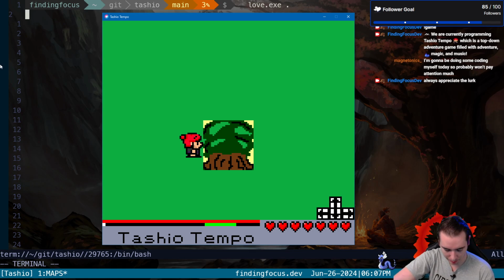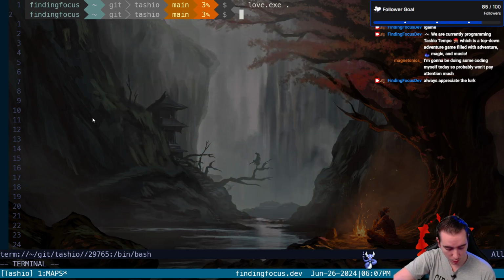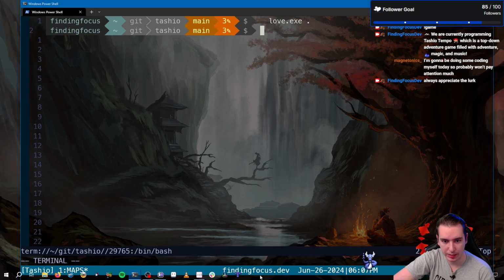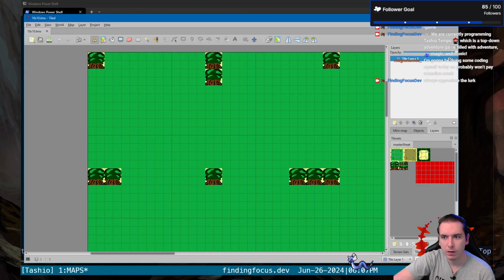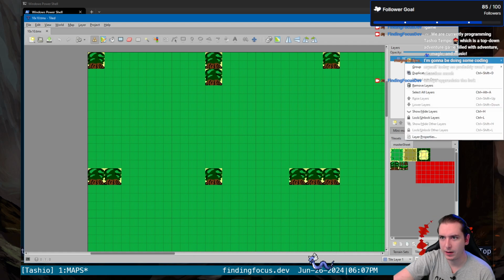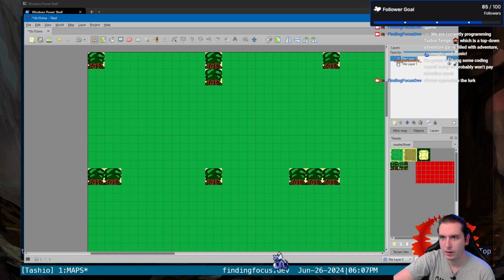So let's say we had another layer here, and on this layer we have this 2-2 getting cut off here. Then if we go to export this and we say, hey, new map,